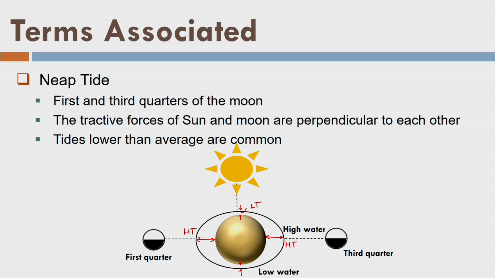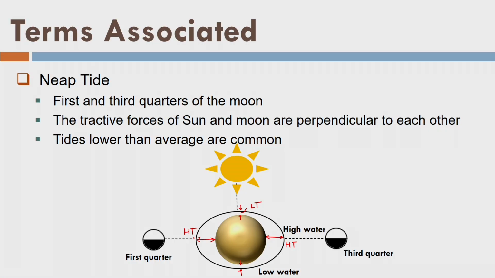But you can see one more thing, since both sun and moon are trying to attract the water surface in completely opposite directions, or at 90 degrees. Fine. So one is this vertical direction, one is the horizontal direction on the screen. Now what will happen? We will experience the high tides, no doubt, in the direction of the moon. We will experience the high tides towards the moon, and we will experience the low tides towards the sun.